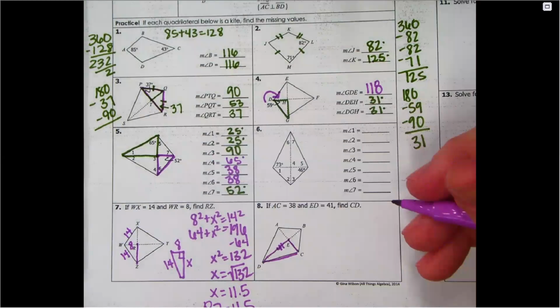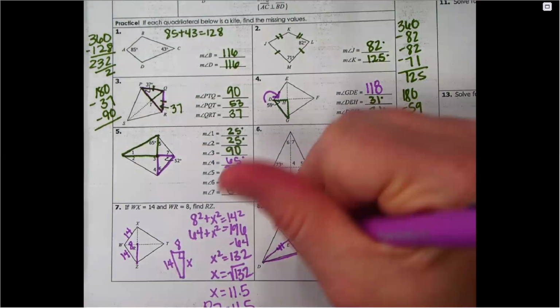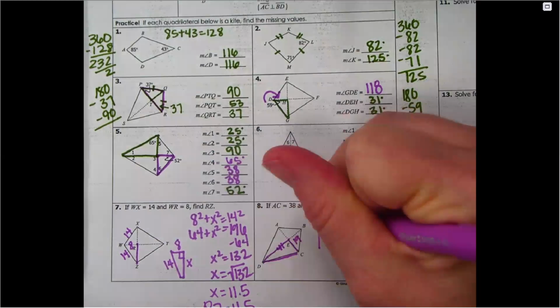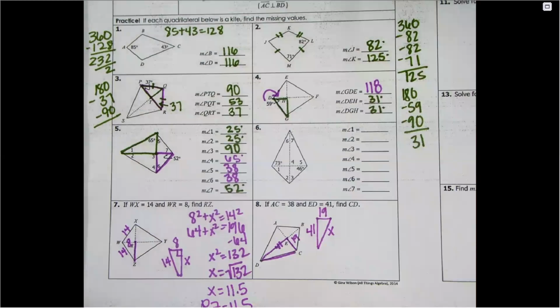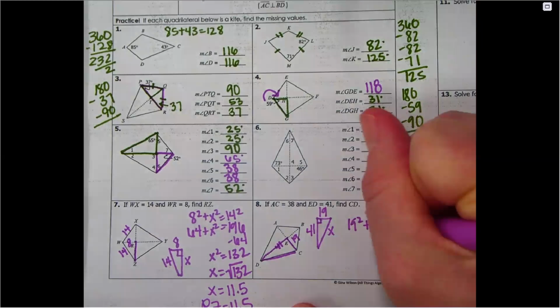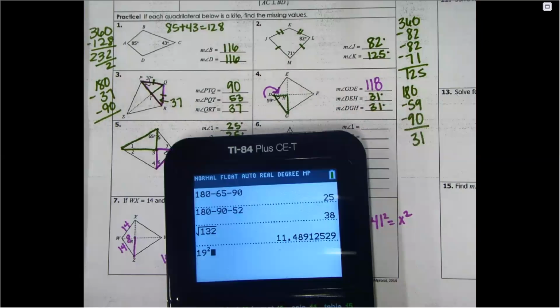So this is going to be a right triangle. We've got 19, 41, and our unknown. Who are we missing? A leg or a hypotenuse? That's the hypotenuse because here's your 90-degree angle. So we're missing the hypotenuse. We've got 19 squared plus 41 squared equals x squared. I'm just going to type in 19 squared plus 41 squared. And that gives me